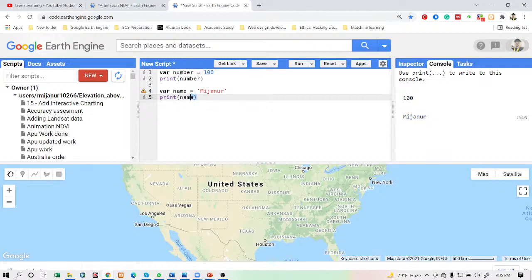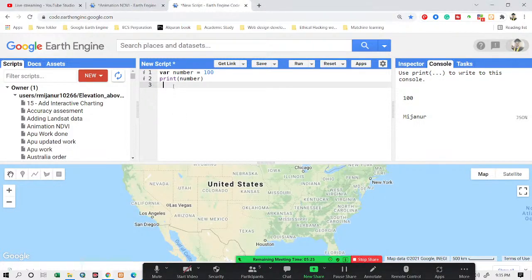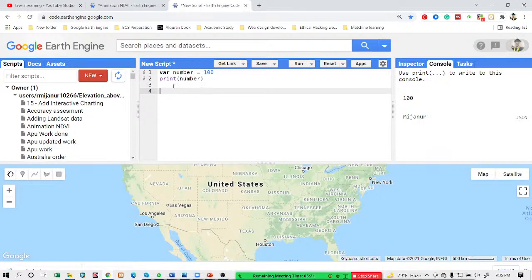Okay, and number is not a string. So that's why we don't need to add any single quote or double quote on two sides, but you must use them when you use a string, a group of characters. Suppose I want to take another variable, suppose you can use the underscore in the variable name.